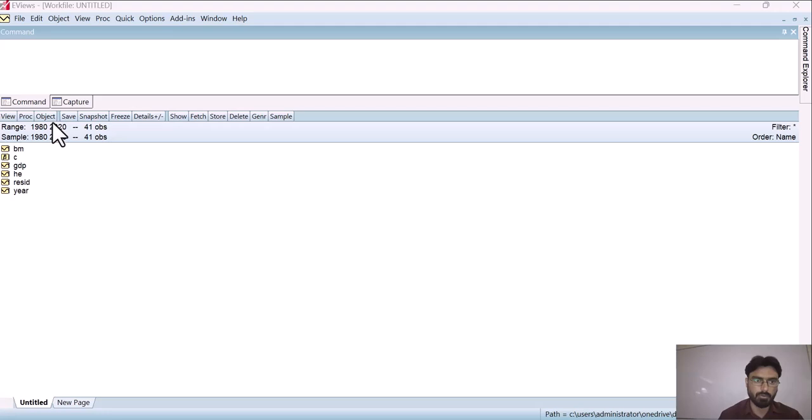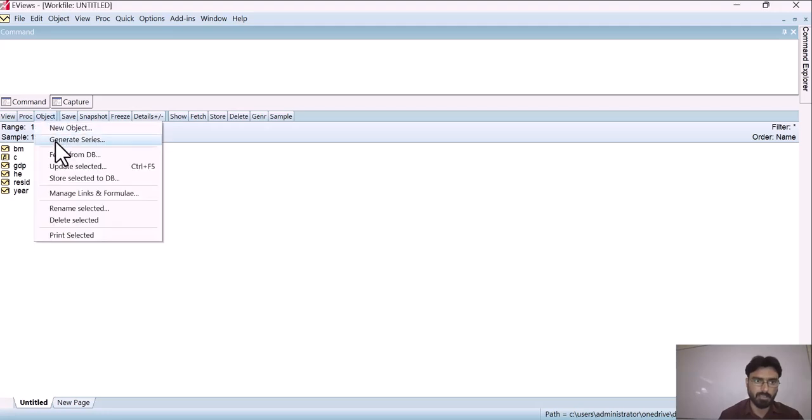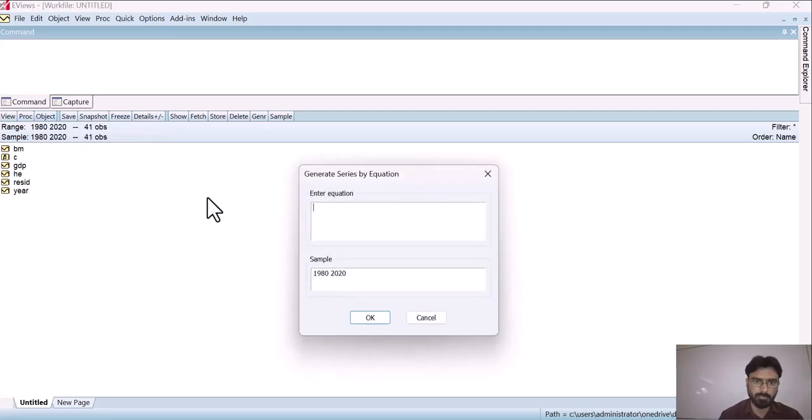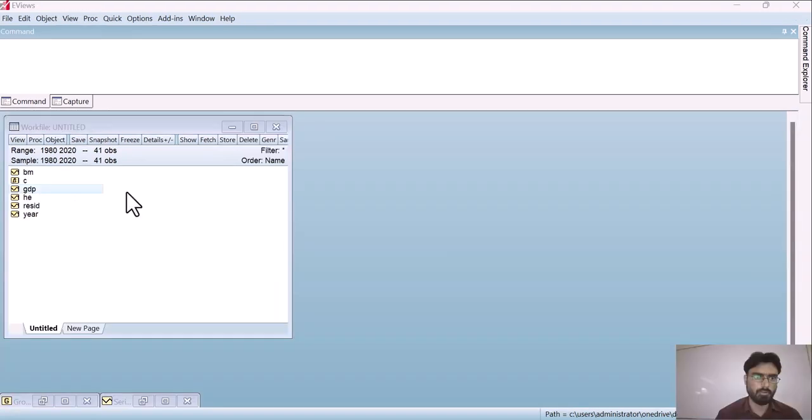Simply we have to go to Object, then click on Generate Series. Then here, let's say we are naming the new series as dGDP, then an equal sign, and type here d(GDP). So it will take the difference of GDP, and the new series will appear here on our screen.